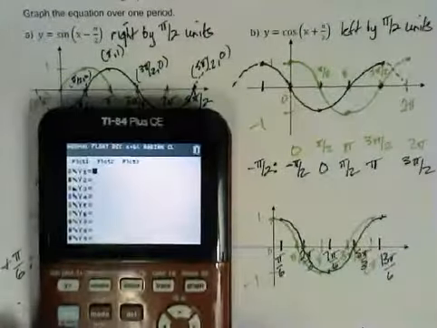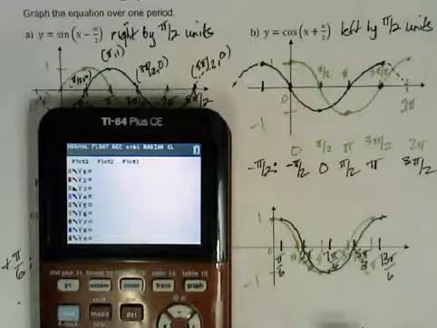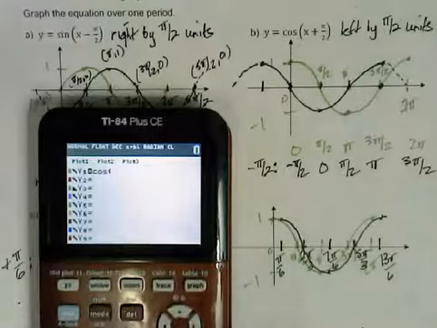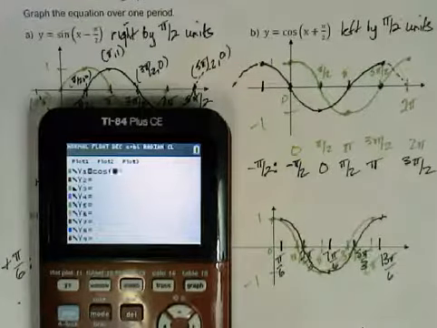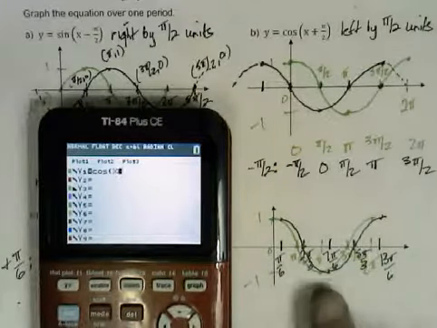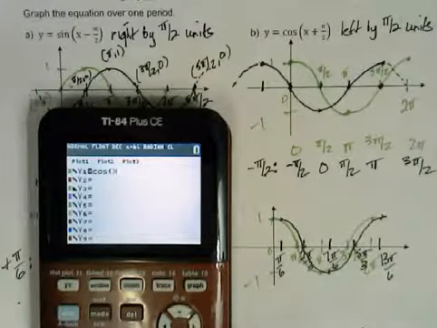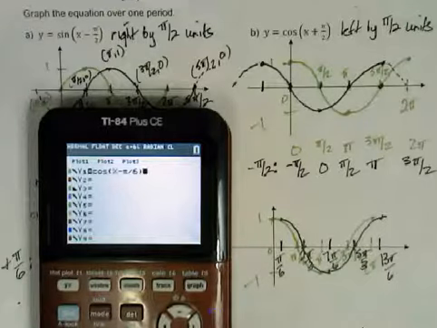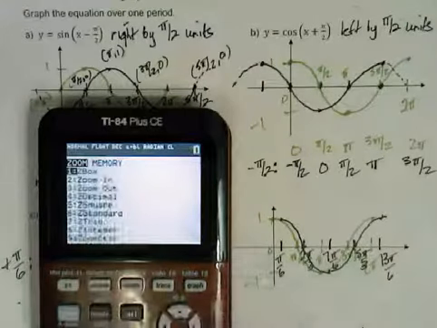Now I can also do these graphs on the calculator. I'm going to do this one on the calculator just to show you what happens. Sometimes with the calculator it's really hard to interpret what it comes up with. And that's why you really need to know how to find these values by hand. So there's cosine of x minus pi over 6. I'm going to graph this with my